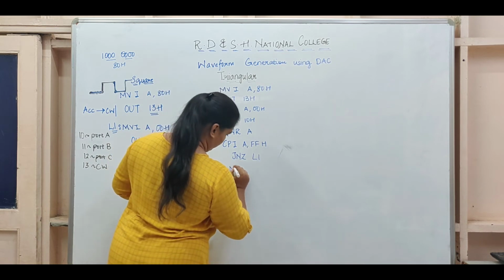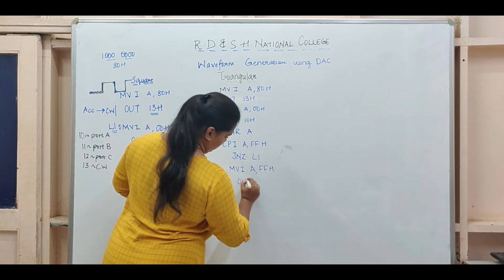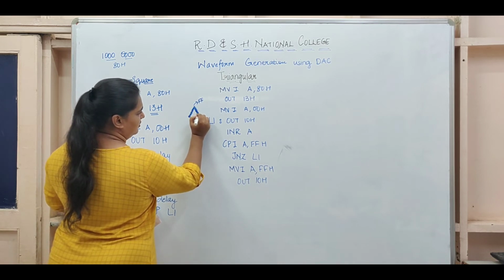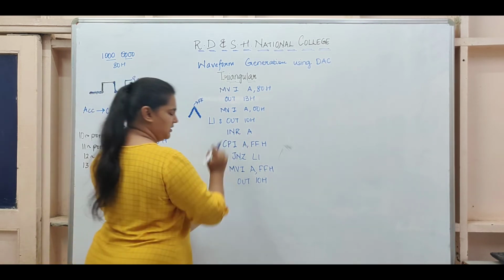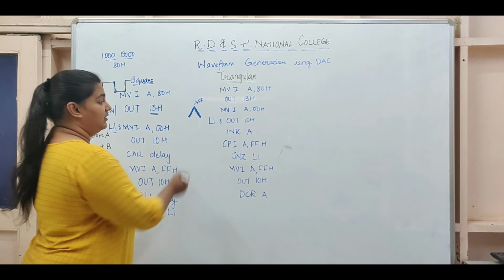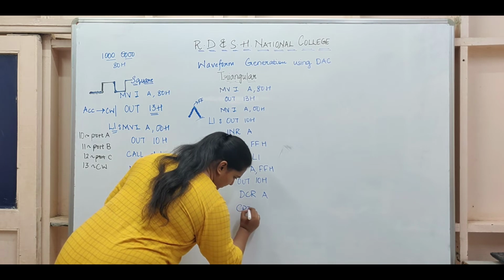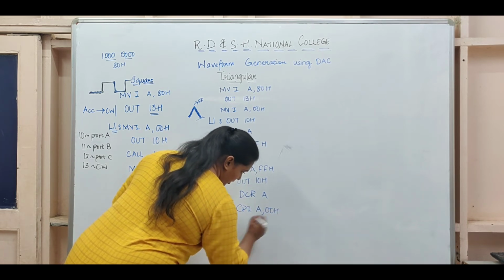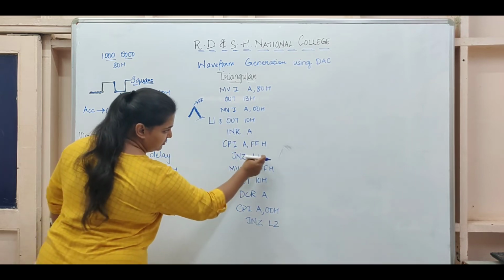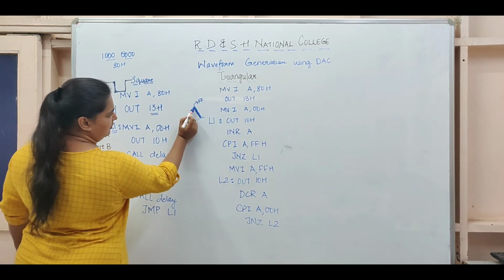So what I do is MVI A, FFH. Give this FF to port A. And now I have to start coming down. So what will I do? Since this is increment, you will start decrementing your accumulator. Again, till when? I want to come back to 0. So now the comparison will be compare with 0, till it is not equal. This label has to be different. You will go back to out, because every value I want to give out.